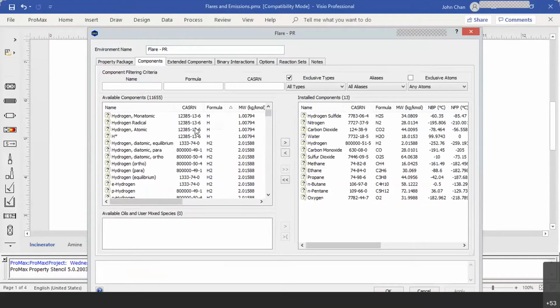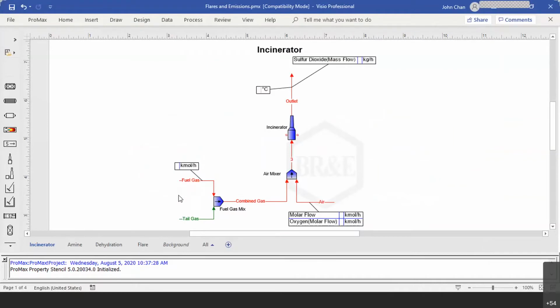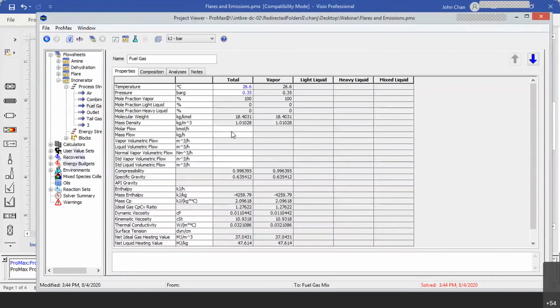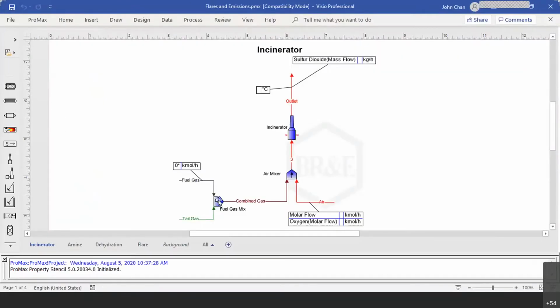Under components, you can see that I have listed not only my reactants, but I've also added the products, which are my sulfur dioxide, my carbon monoxide, hydrogen, and water. So you need to make sure these components are added into your environment. Let's set the fuel gas here. Let's set it as zero flow first, and I'm going to solve this